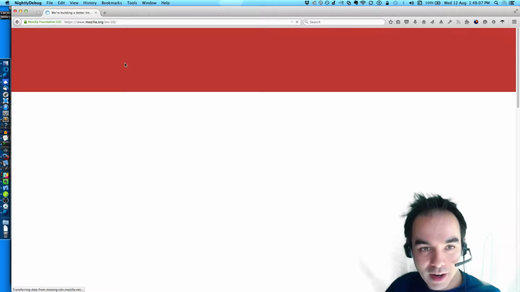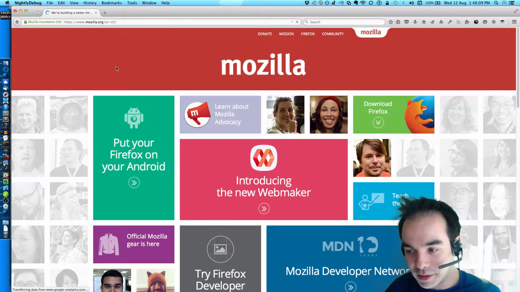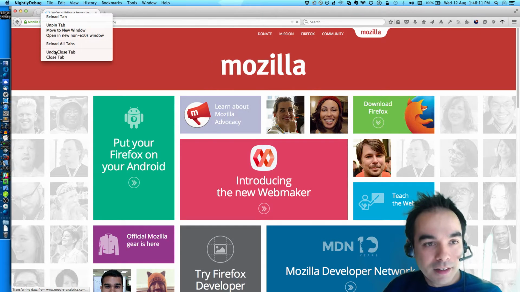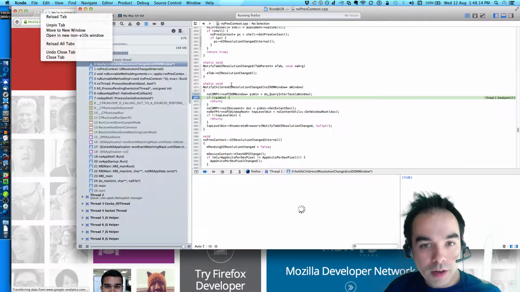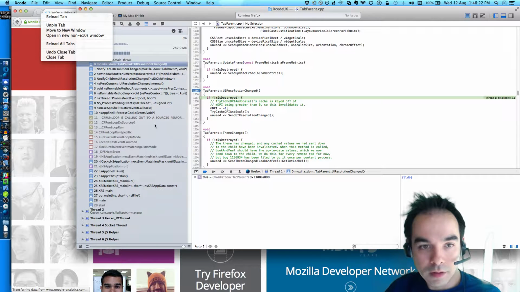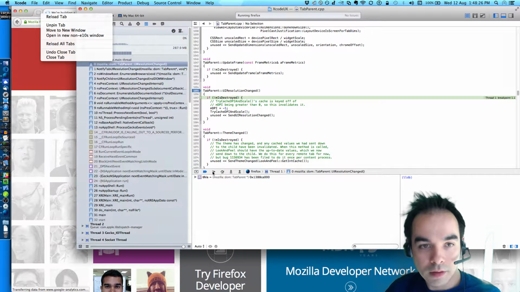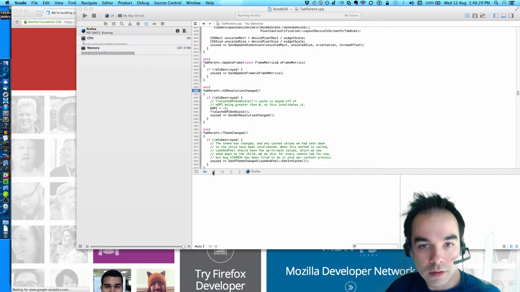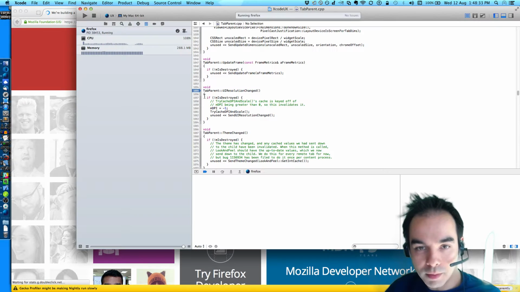Here, let's try it again. Oh, here we go. And the page is loaded. Great. I need to make that drum roll longer. I've hit some kind of breakpoint. Turn off that breakpoint.